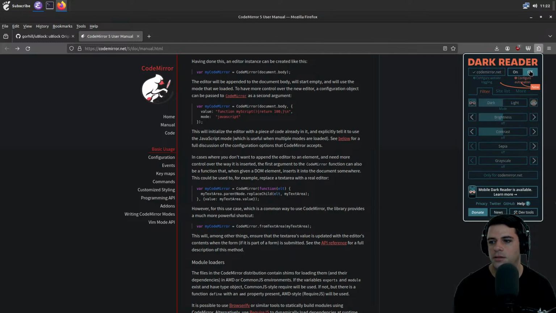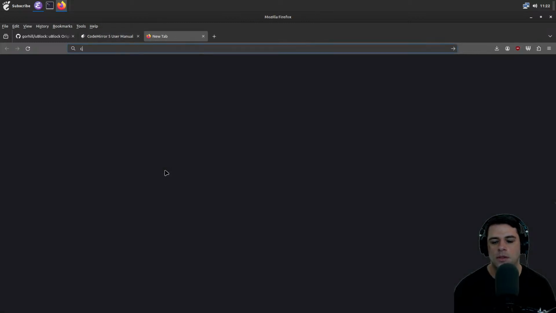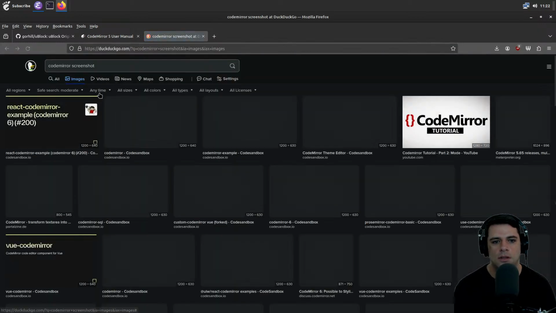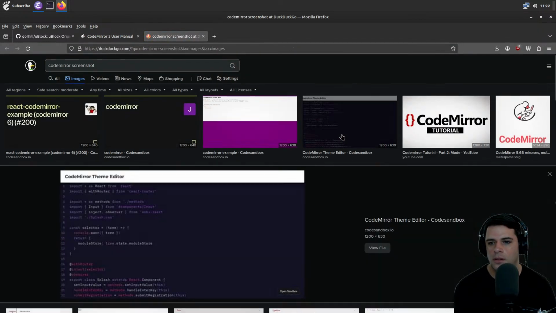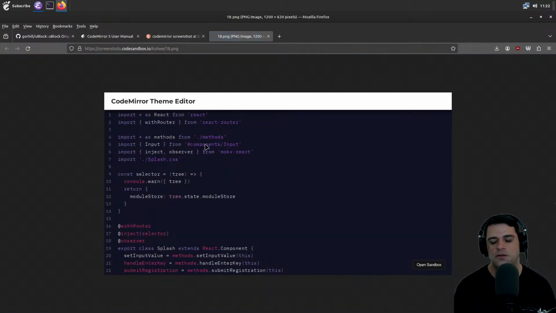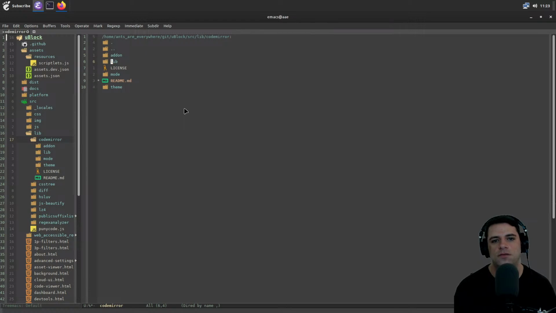Seems to have no effect. All right, whatever. This purports to be a screenshot of CodeMirror. Okay, so we have CodeMirror that's somehow for editing